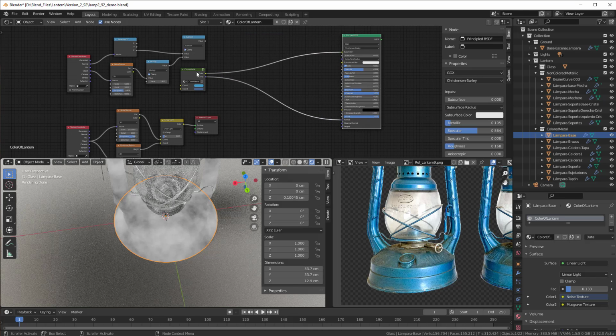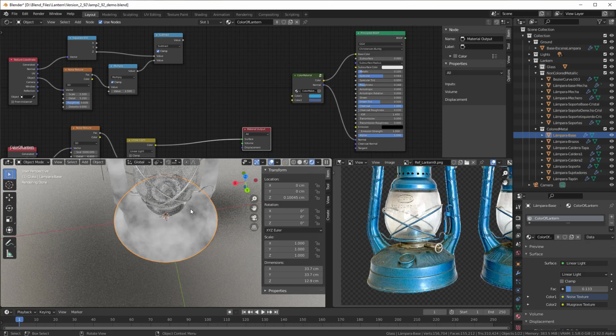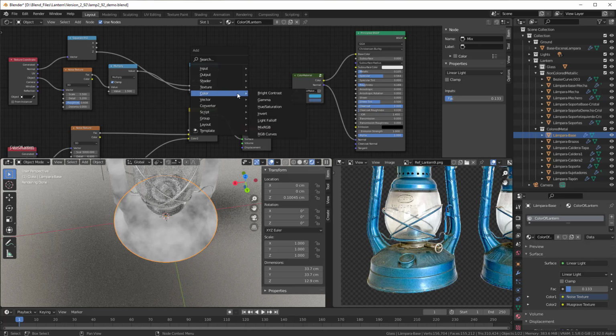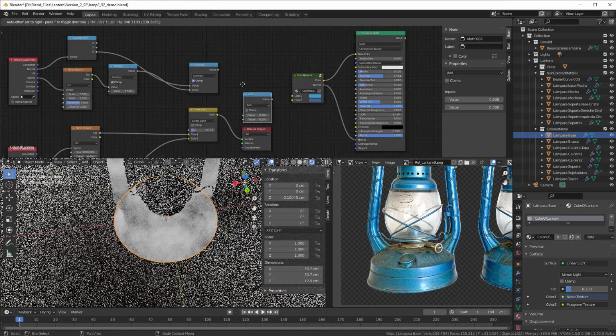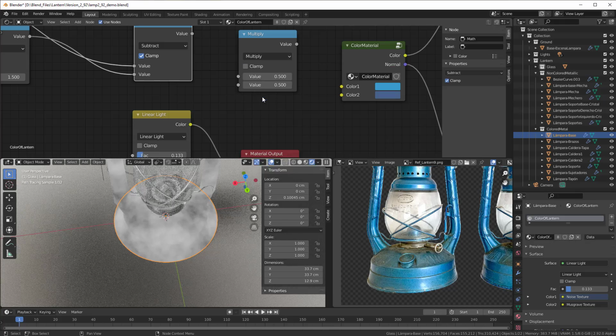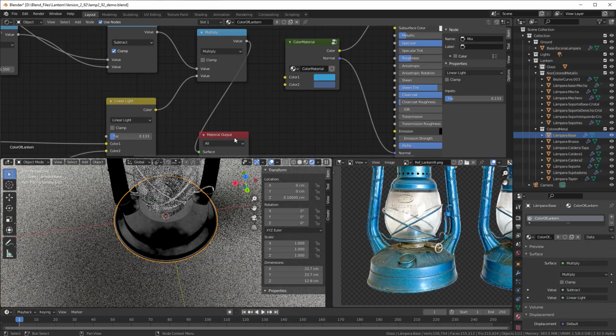So that we can do with a multiply, because all those places with 0 will not be anything in that case. So all the black will continue to be black, and then we just add some value on this. So we put the multiply between here and the linear light here. So Shift A, converter and a math, and I can get a bit closer, and a multiply here, put that into that one, put that into that one, and if I now look at the result, you get something like